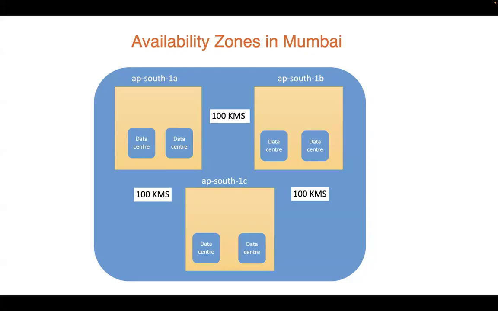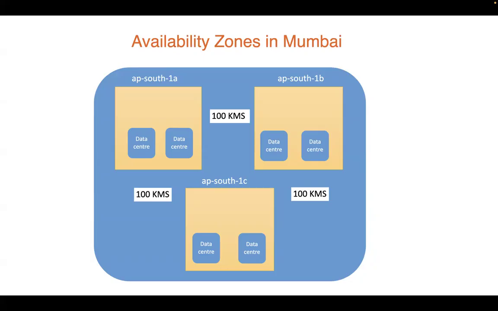Why? Because if an earthquake comes, or any natural disaster or human calamity, it will affect only some parts of the area. It cannot affect the entire country, entire London, entire USA, entire India, entire Mumbai, and destroy it within minutes or seconds. Correct or not? Some part of the area will be affected by floods, natural calamities, or whatever the reason. So that's why they make sure to keep at least 100 kilometers of distance between one zone